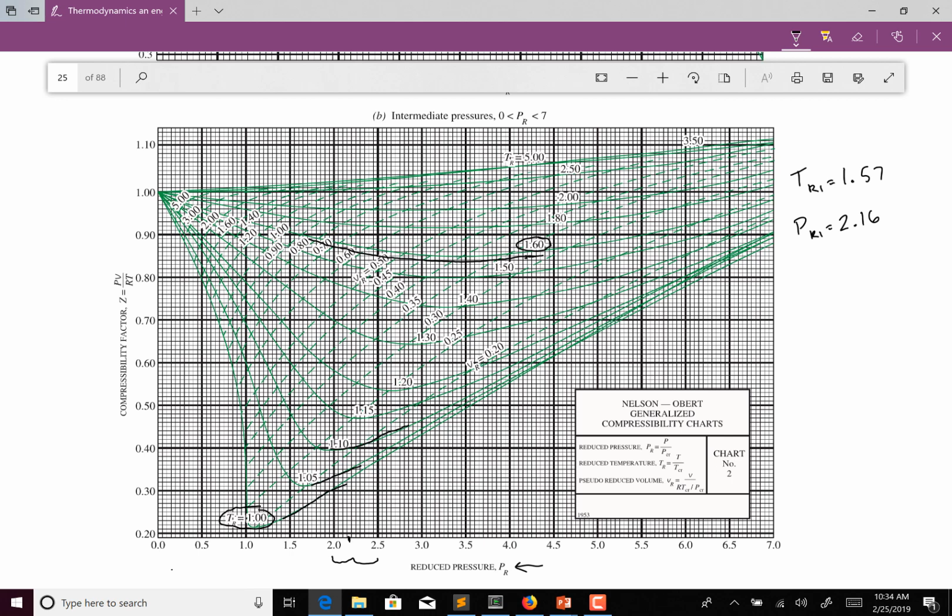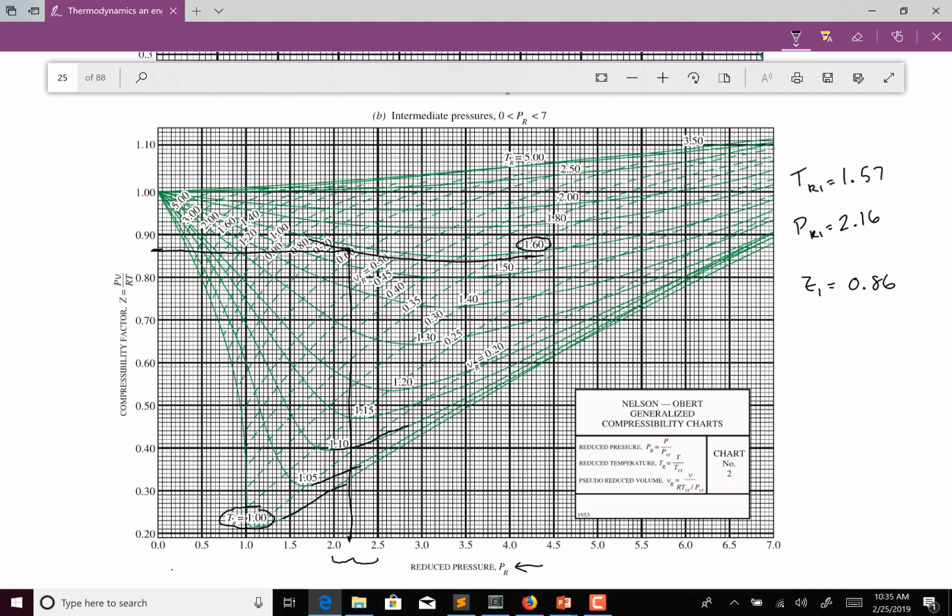Then if we follow this up, we're going to find where it meets the reduced temperature line. Then we follow this over to the y-axis and read off what z is. I'm going to say that z1 is about